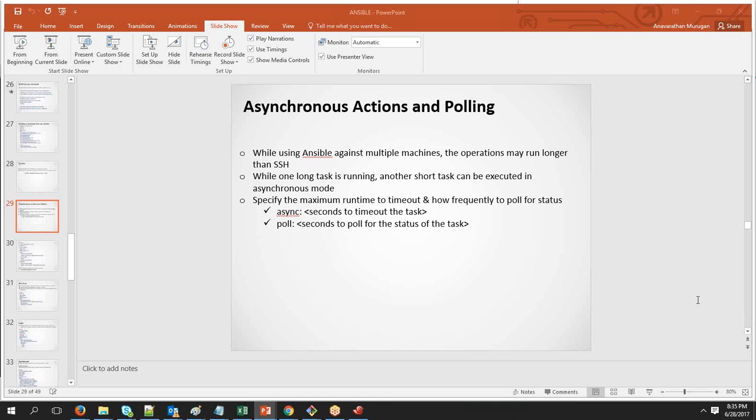Now, to continue, let's see there are different scenarios that we will have while running a playbook, and how you are going to handle them within the playbook. One requirement we'll have is, let's say you have a playbook using which you're trying to do some configuration for a particular machine. When you run this, if the tasks that you have defined inside the playbook take a longer time, then we will not have control on stopping it, because